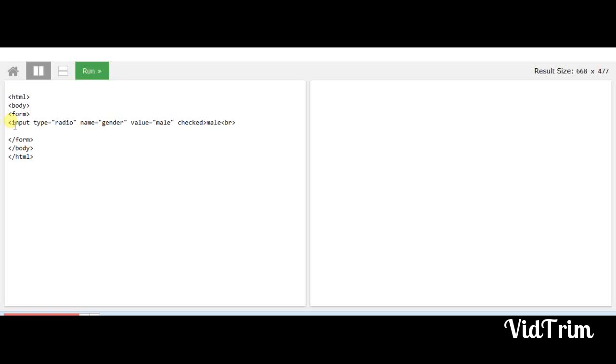Using the word checked, we can select a particular option. Thus, the radio buttons are displayed.